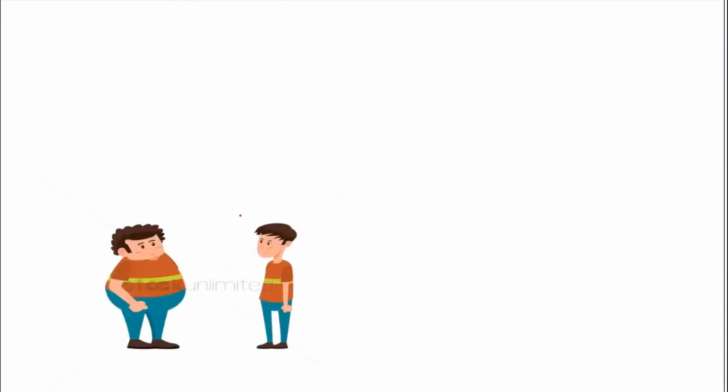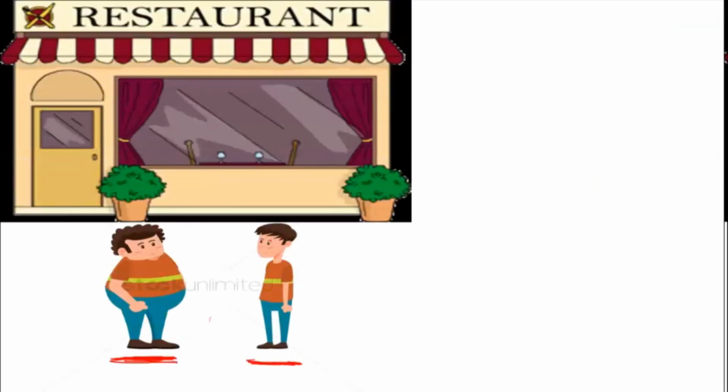See now, in this example, I have taken two friends. Imagine there are two friends. One is a little on the healthier side, you can see on this side, and one is a little thin. After a long time, these two friends want to meet up, and they are planning to go to a restaurant. When they go to a restaurant, it is obvious that they will order something, no? So they will order snacks or food, whatever it is. Now when they order,